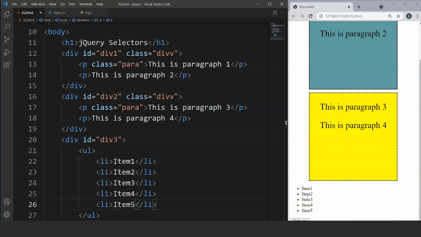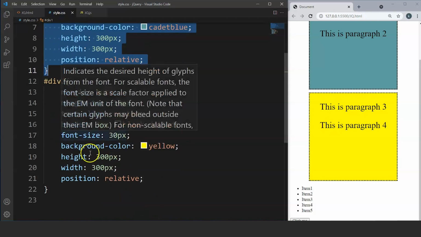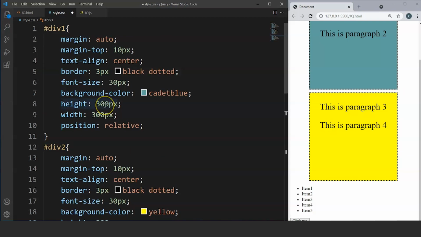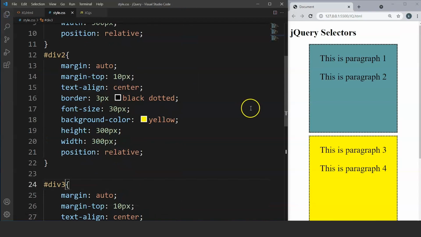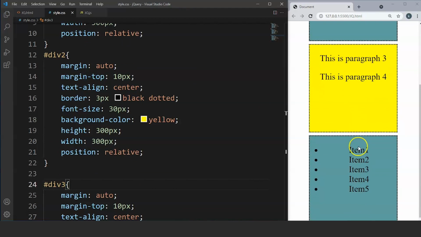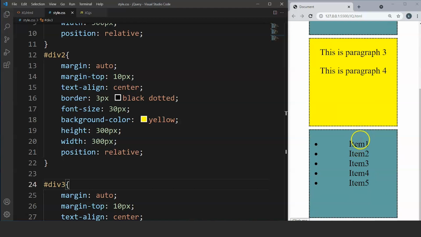So let's style this div tag as well to look almost the same as the other two containers. So we'll move to our CSS file. We'll copy this piece of code for div1 and we are going to paste it here. Fine. So we are basically using the same code. We are styling the element the same way we did for previous two div tags. Fine. Save it now. And here you can see we have three boxes over here. We have three containers over here. The first two containers contain 4 paragraphs and the last container contains a list of items. Now we are done with both HTML and CSS parts.